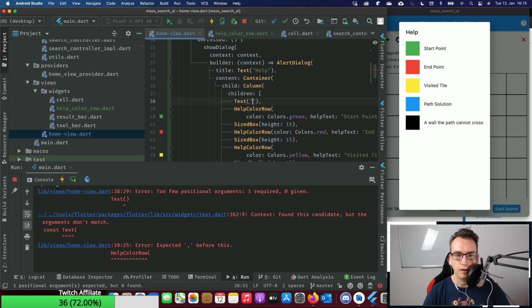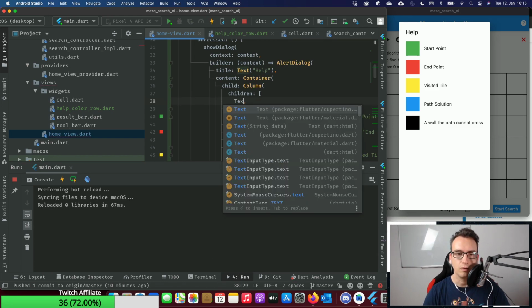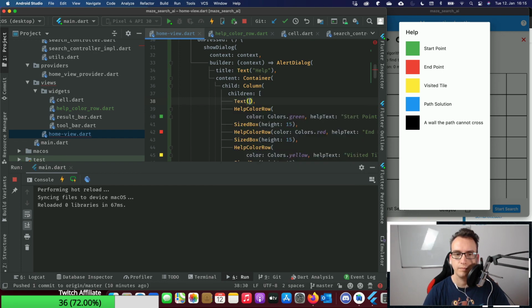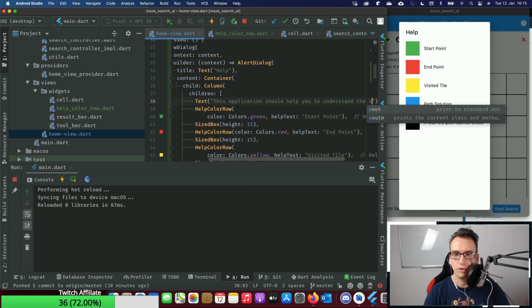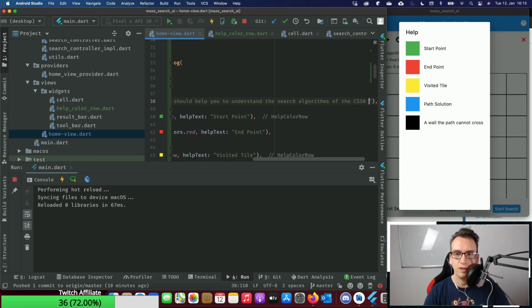Just text. This should help you to understand the search algorithms of the CS50 course of Harvard at edX.